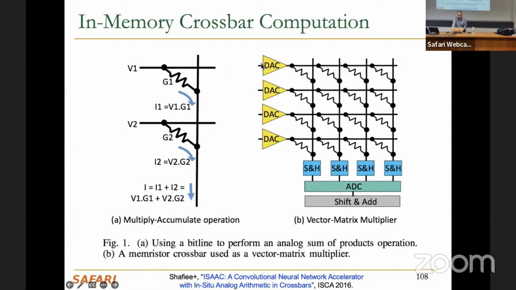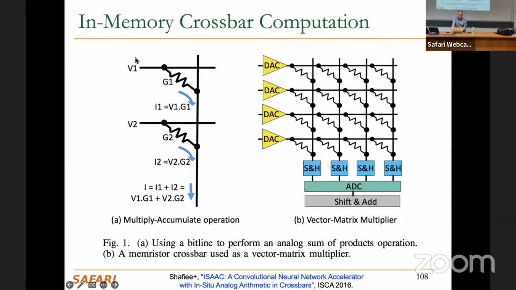You can see we have these digital to analog converters. And here is your crossbar array. This is a sample and hold, if I'm not mistaken. You can think of it as a latch, where you sample your analog current, and you have an analog to digital converter here. So essentially, the voltage that you apply here is determined based on your input vector. You have some input values like 0 and 1, and you use this DAC, the digital to analog converter, to map them to some voltage value.